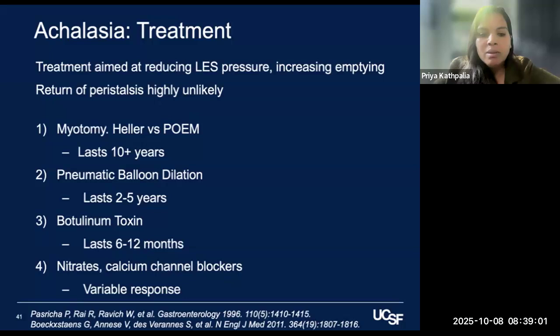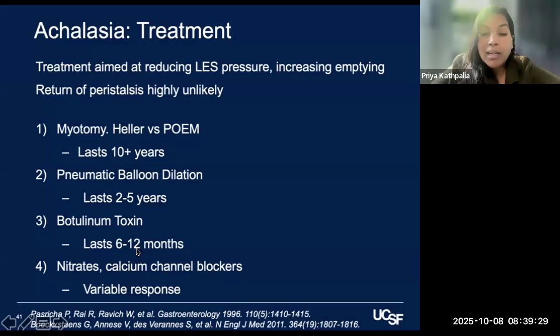But it's important to remember that there is no cure for this condition, and return of peristalsis is highly unlikely. So the two treatments that tend to last the longest are myotomies and pneumatic balloon dilations. Botox and use of nitrates or calcium channel blockers are really not all that effective. Botox is okay to use sometimes in